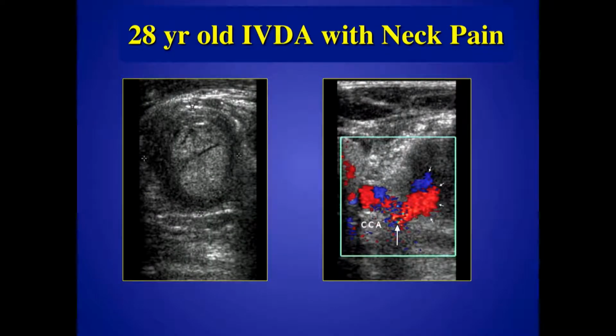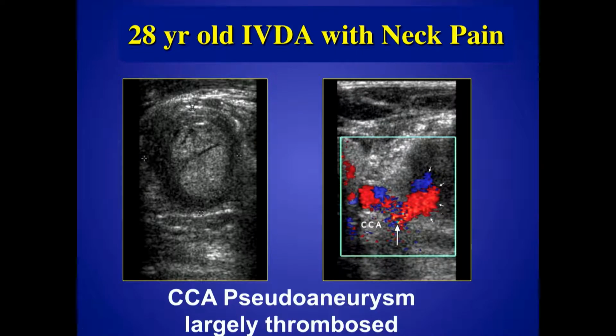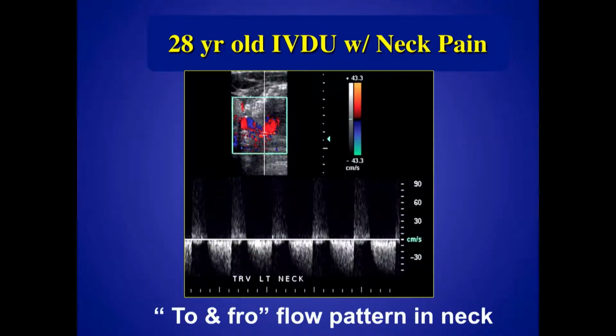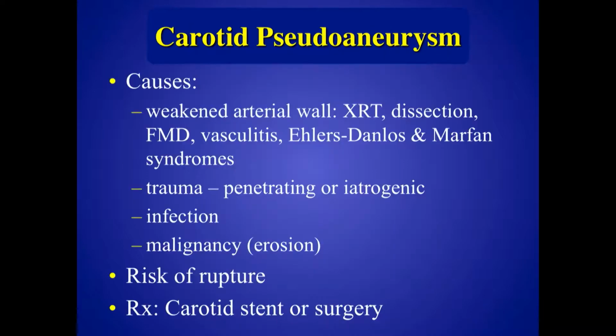Here's a patient who's a 28-year-old IV drug abuser that had a partially thrombosed pseudoaneurysm. Here you can see it on the side of this image, and here's the neck and the partial filling of the pseudoaneurysm arising from the common carotid artery. In this particular case, because the neck was very well defined, we were able to demonstrate that to-and-fro flow pattern. So again, related to trauma, less commonly